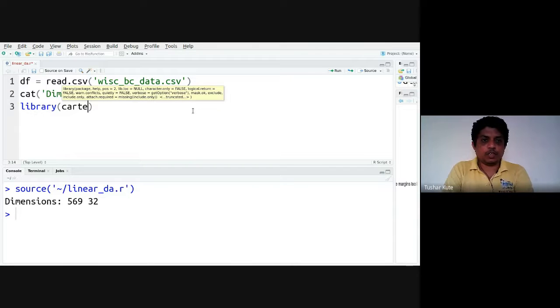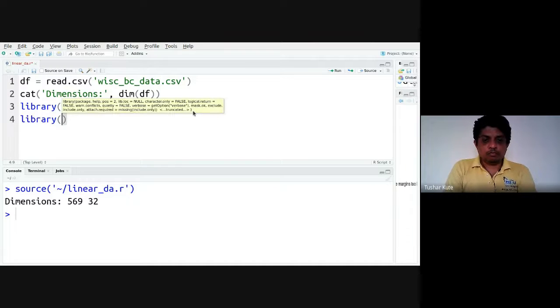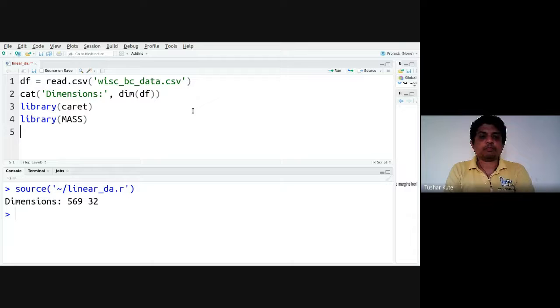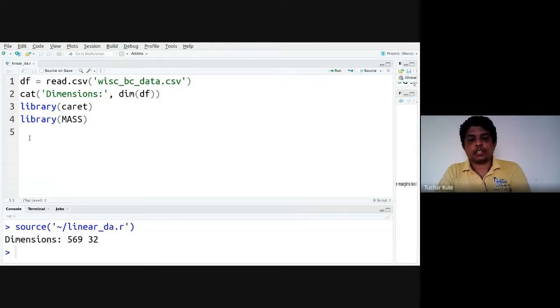Caret we require for partition, and library MASS we require for LDA. They are pre-built, which I have installed by using the install.packages function.